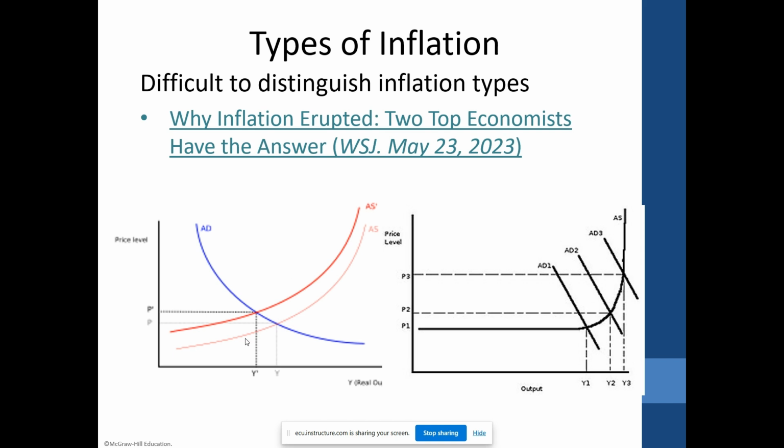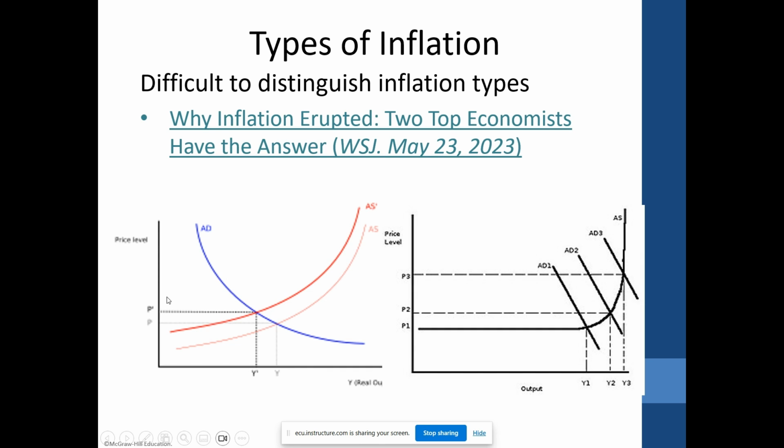Compared to the previous equilibrium, the crossing point of AS, aggregate supply, AD, aggregate demand, the price level P, and the GDP level Y,